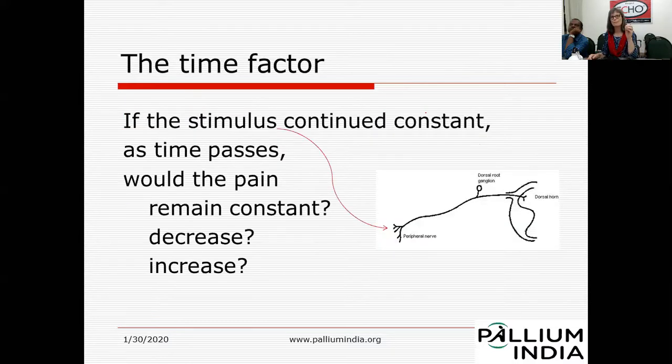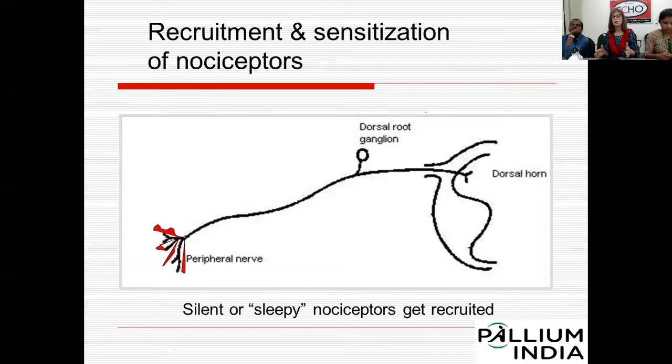So if a stimulus continues and it is constant, what would you say? As time passes, would the pain remain constant, decrease, or increase? If the stimulus continues to be constant, then there is ongoing stimulus, and often your pain increases. The natural history of acute pain is that it decreases, but if the stimulus remains, it often will increase for the following reasons. One is the